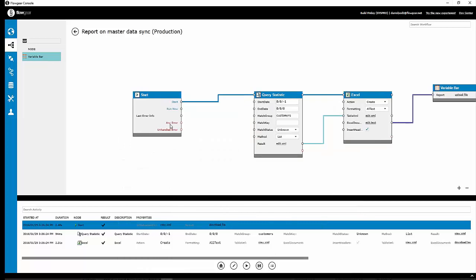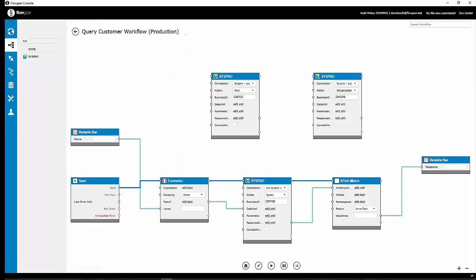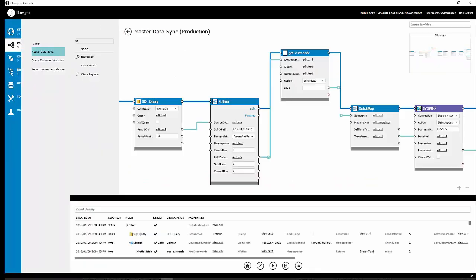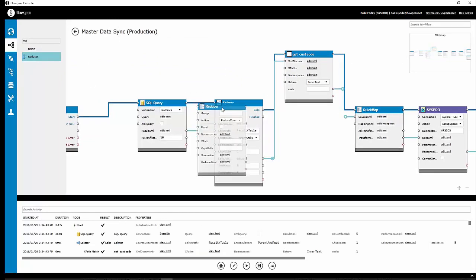If you have several thousand customers, the last thing that you want to do is update SysPro every day with the same customers, even if they haven't changed. And so that brings me to the last type of node that I want to show you. Let's go back into this workflow. And it's called a reducer, and its purpose is to get rid of data that hasn't changed since last time